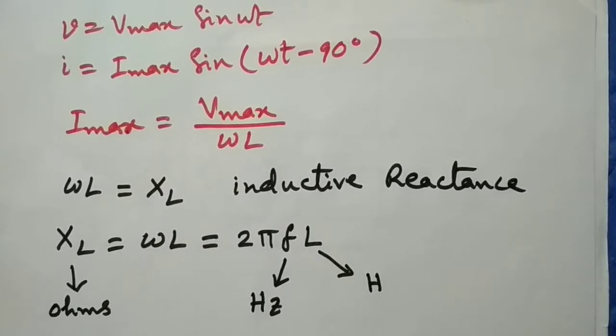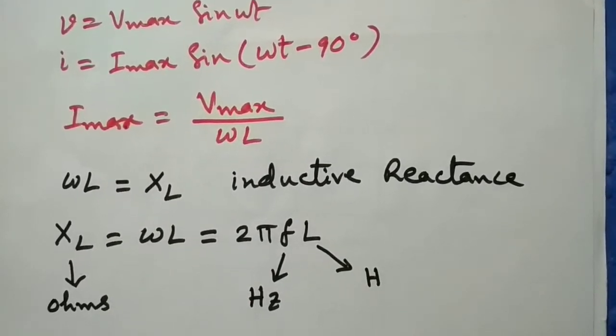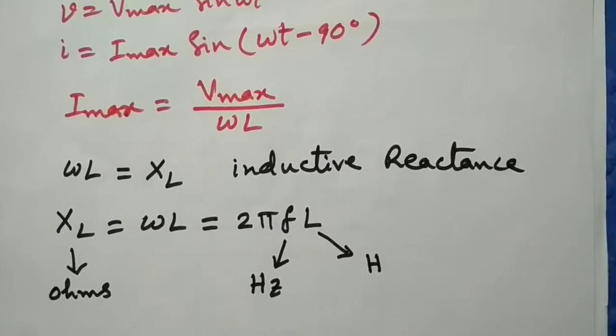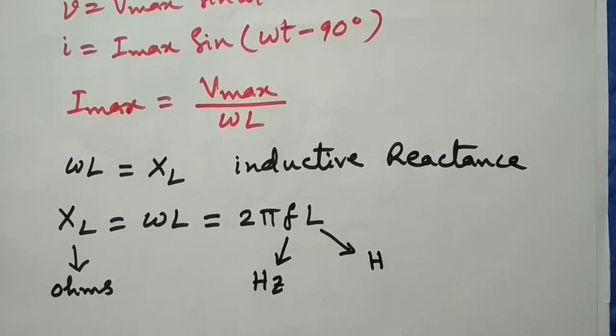So the inductive reactance is basically a parameter which is used to oppose the flow of current. But remember one thing, in DC circuit, the inductive reactance does not exist because there is no frequency. And in case of AC circuit, when the current supplied is changing with respect to time, it will produce a self-induced EMF across the inductance, and this self-induced EMF will oppose further flow of current. This opposition is considered as the inductive reactance. It is mentioned as XL.